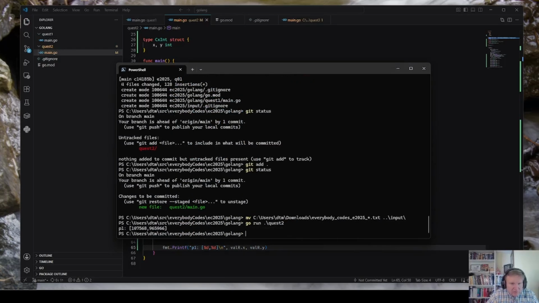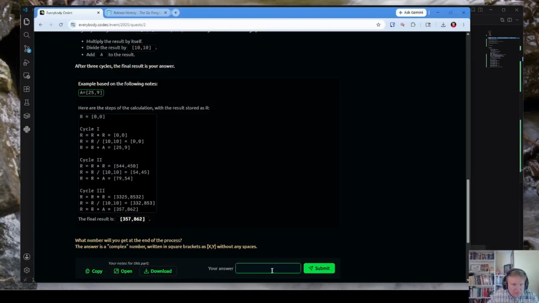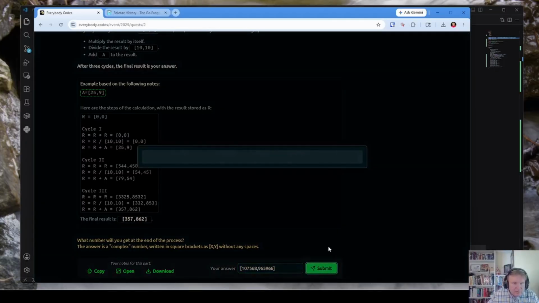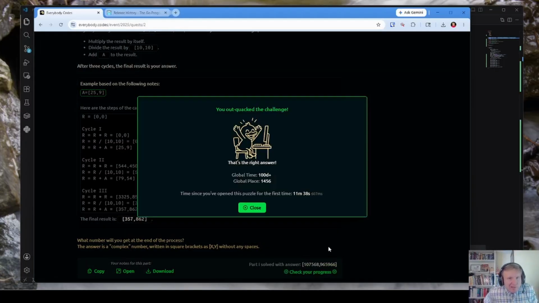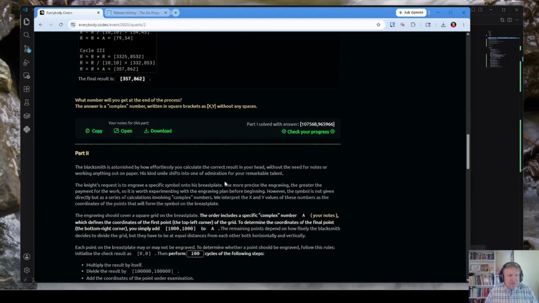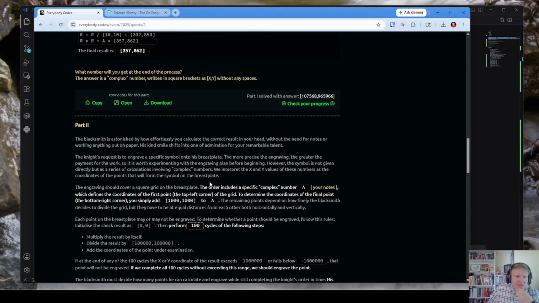Go run quest 2. Yep. Okay. Blacksmith. Sure.